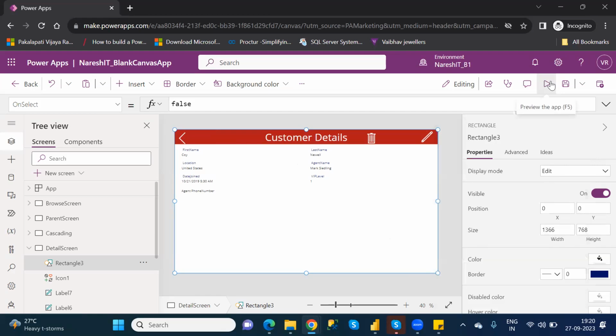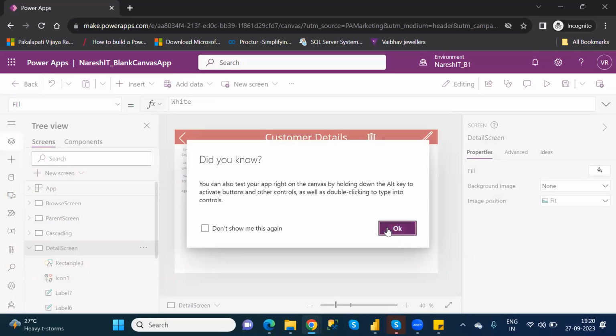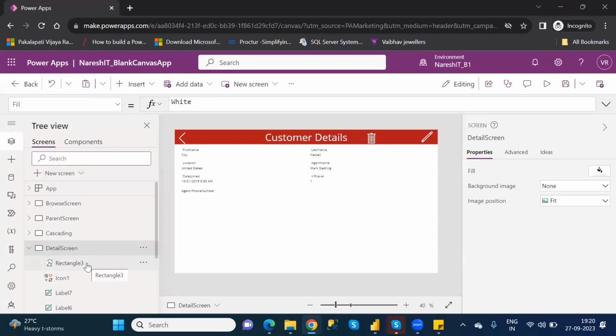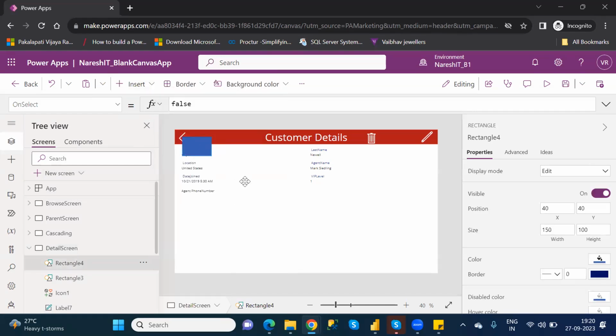See here, if you run the application, you cannot click on this one. You cannot click on this one. If you click on this one also, nothing will happen. This is what I required. Understand? So after taking the shape like this, now you can take the pop-up window. For the pop-up window, see here, you can take a rectangle shape. Again, one more shape.